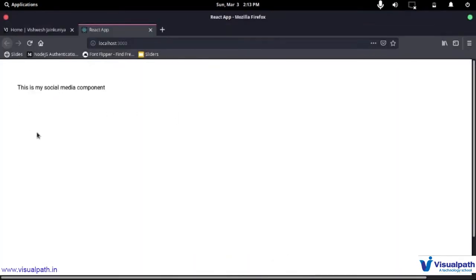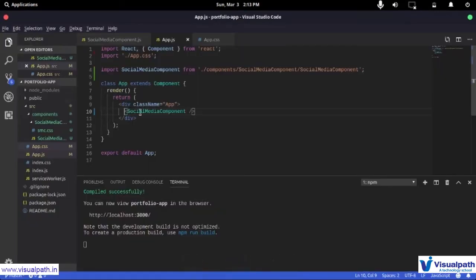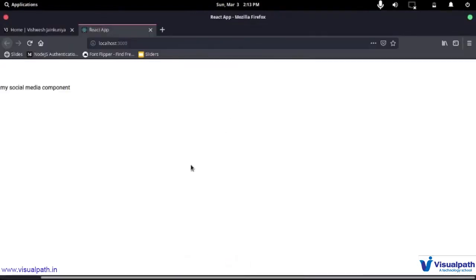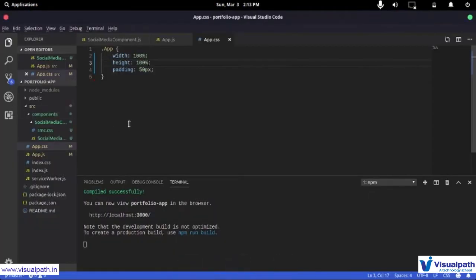We go back, we can clearly see that we have a width and a height of our component, and it's also getting inside. Now you can also do it like this. So instead of 100 VH you can do 100% and 100%, and this will also be similar to that. So this is similar to that, and I also have that padding available to me. Now this is just CSS.